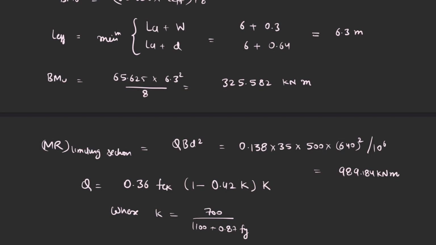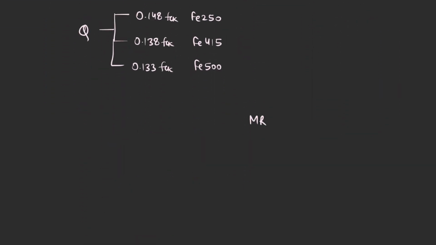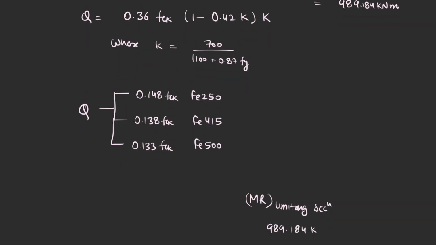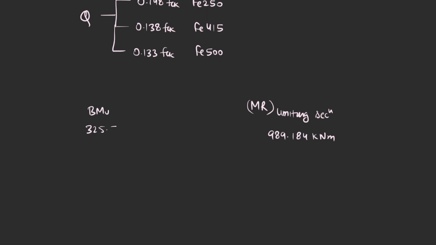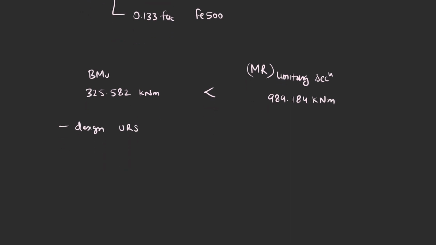Now we know the values of moment of resistance of limiting section and factored bending moment. We can compare the two, so that we know whether we are going to design an under reinforced section, limiting section, or an over reinforced section. So let's compare these two values. Moment of resistance for limiting section was 989.184, which is much greater than factored bending moment. So we are going to design an under reinforced section. What do we need to design in it? Since most of the values are given, we only need to find out the value of area of steel. The unknown is only area of steel,